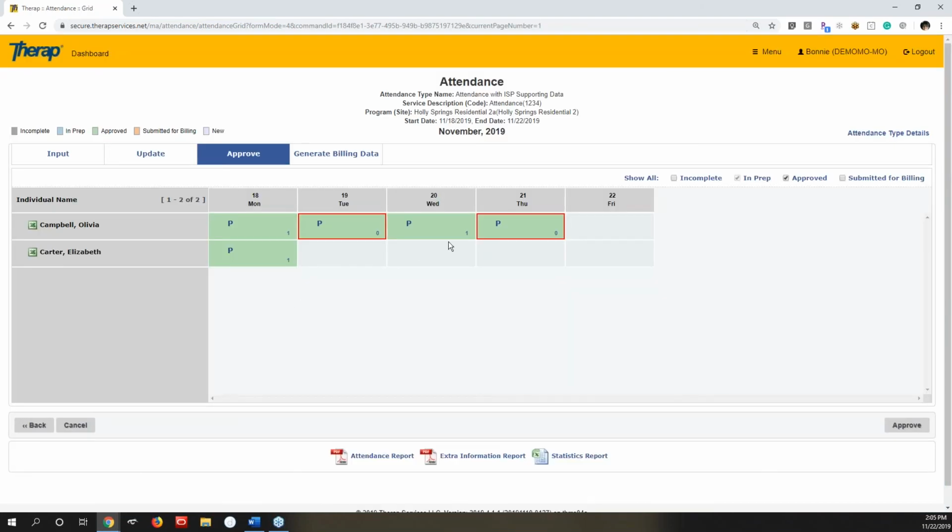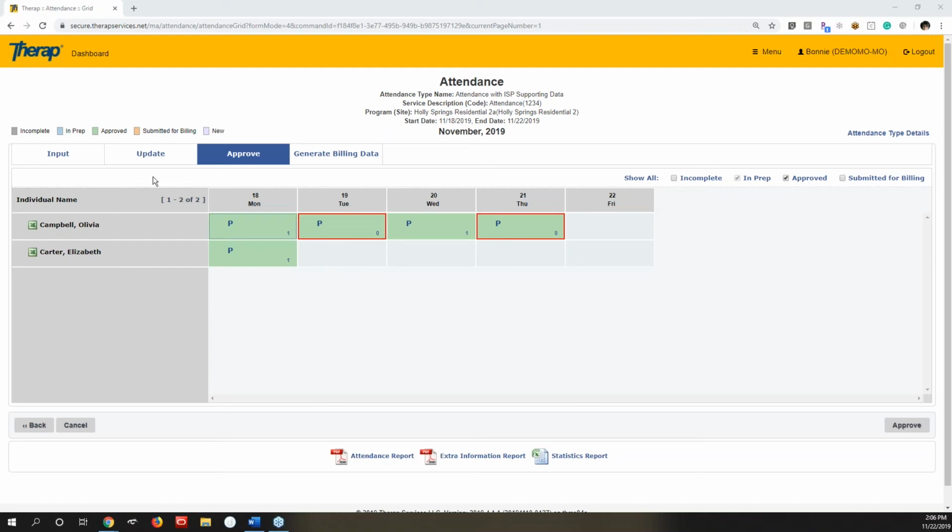And when I go to approve it, you're now going to see that she has put in information for the 20th. It's a pretty cool tool to make sure that your staff is putting in the information required to meet the billing standards for your state. Okay. Any questions before we go into